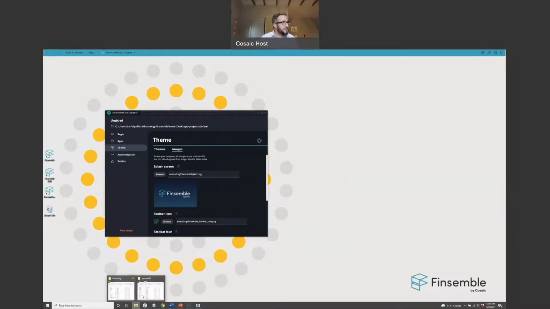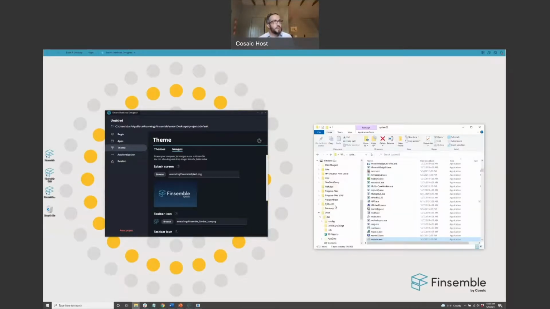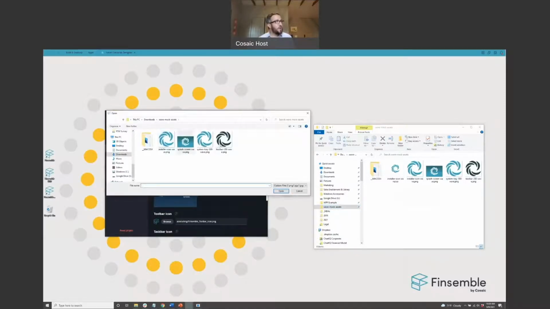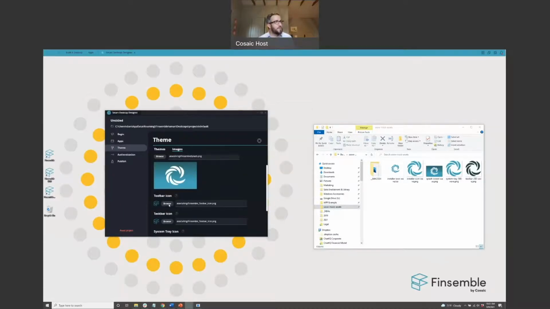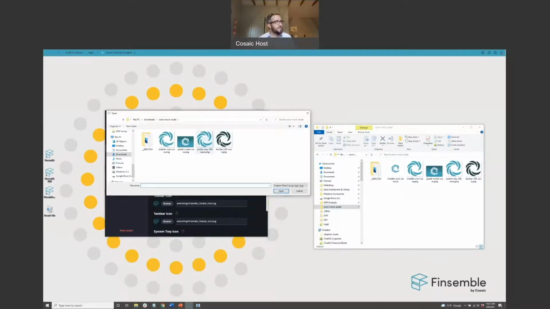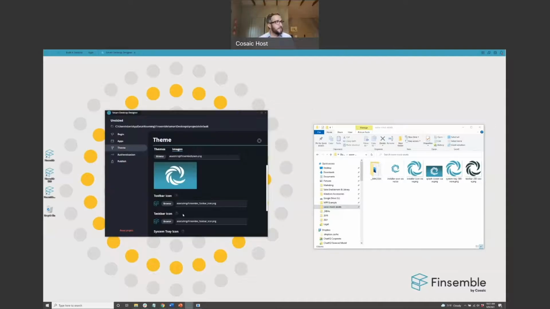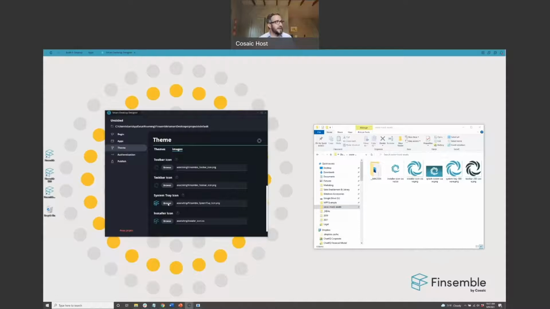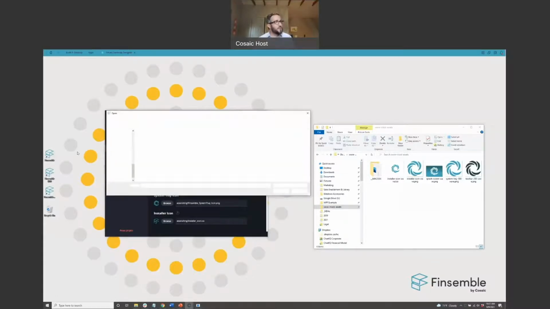So I'm going to go back to my file explorer. I'm going to go to the images that Gwendolyn gave me. I'm going to go through and change my splash screen. I'm going to go in and say, I want my Wave Bank splash screen. I want my Wave Bank toolbar icon, my taskbar icon, my system tray icon, a lot of different icons, and finally my installer icon, which is what will show up